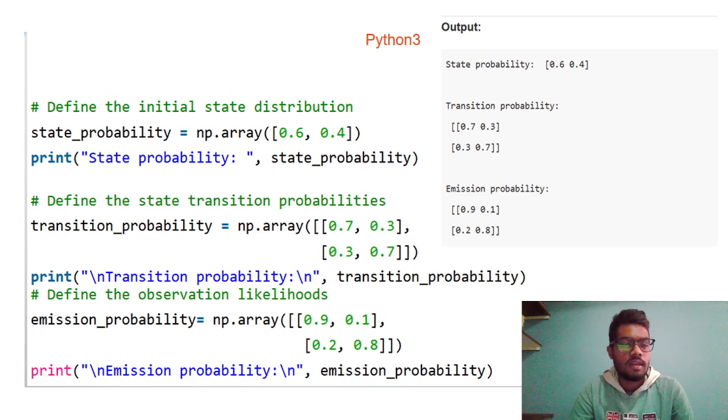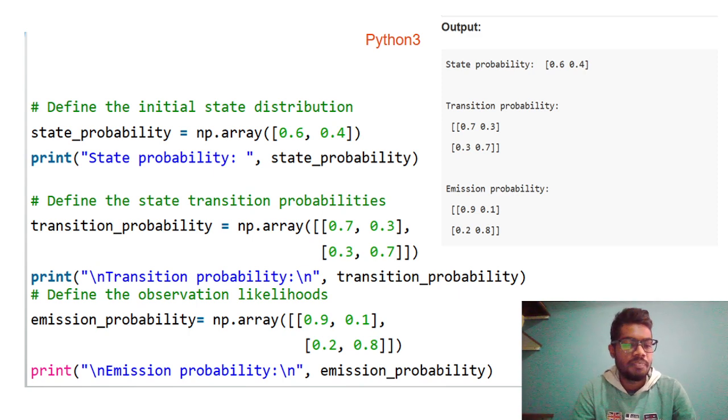Now, starting, define the initial state distribution. state_probability equals np.array([0.6, 0.4]). Print the state probability. And the next one, define the state transition probability. transition_probability equals np.array([[0.7, 0.3], [0.3, 0.7]]). It is a 2x2 matrix. And then finally print